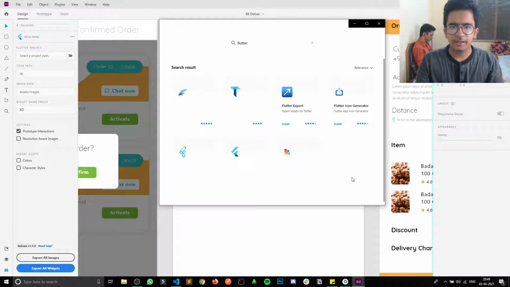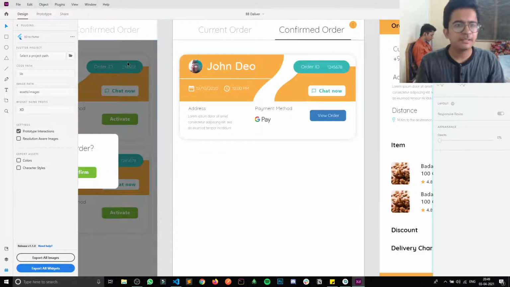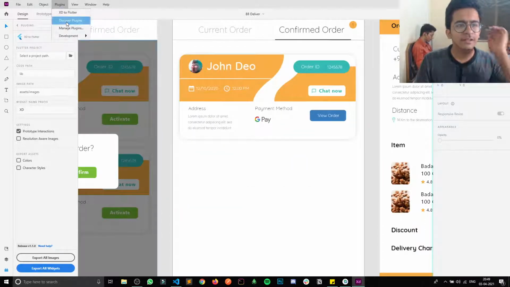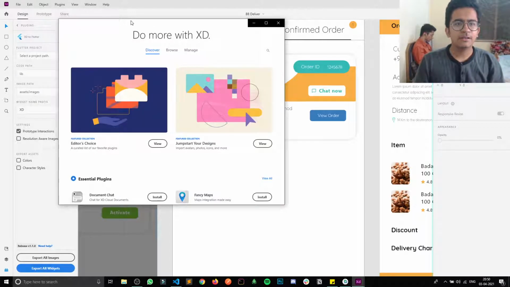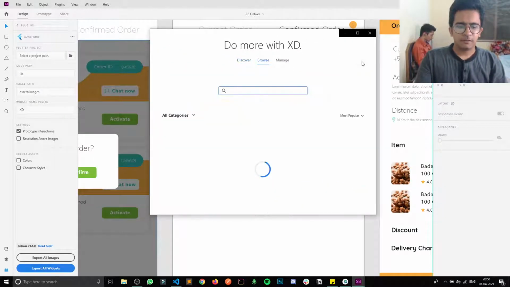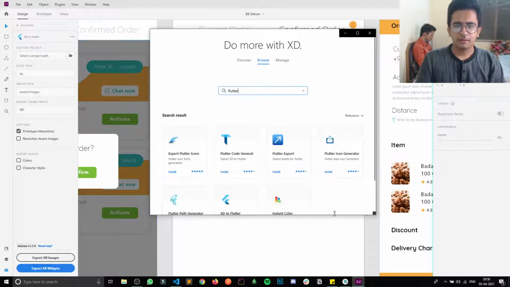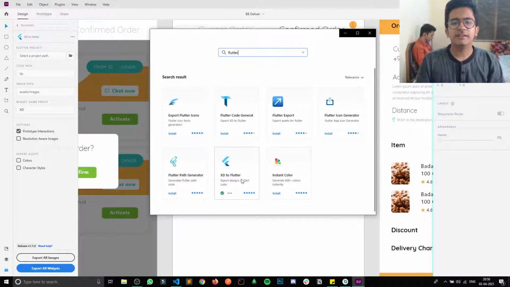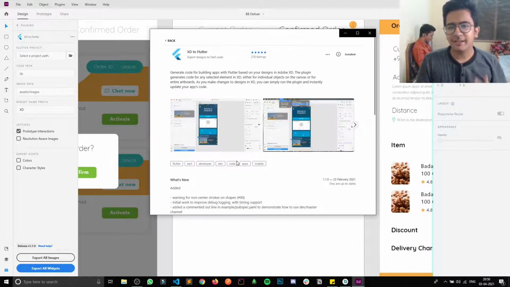I don't know why, this looks like a bug, right? Let me see. Wait, did I just find a bug? No, it isn't. I think it's my PC. Okay, so here you can click on it and just install it.